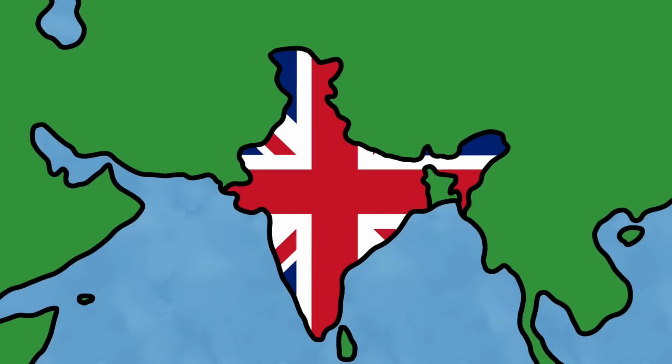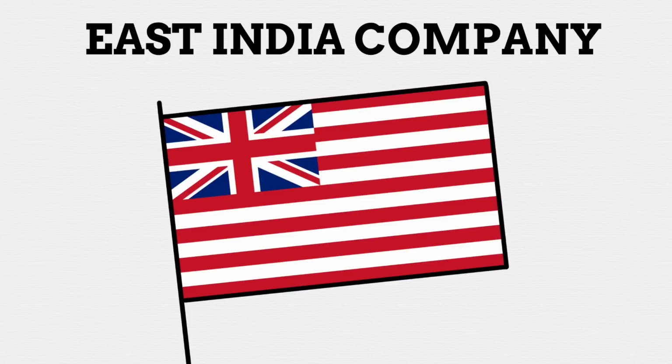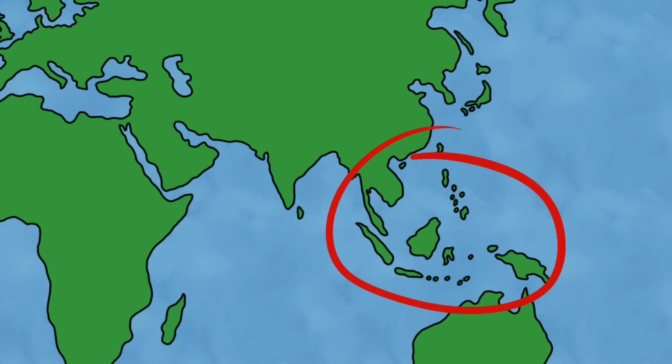India did not become a British colony overnight. Instead, it was a slow creep of power in the land. It really began in 1600, when Queen Elizabeth I granted a charter to the East India Trading Company. This was a private company which was formed mainly to trade in Asia, to bring goods and wealth back to Britain. While their initial aim was the area in their name, East India, which today equates to places like Indonesia